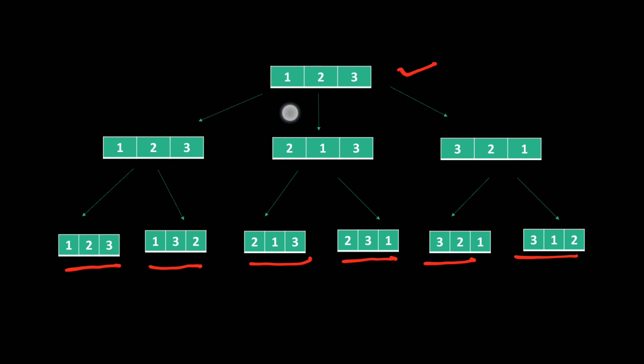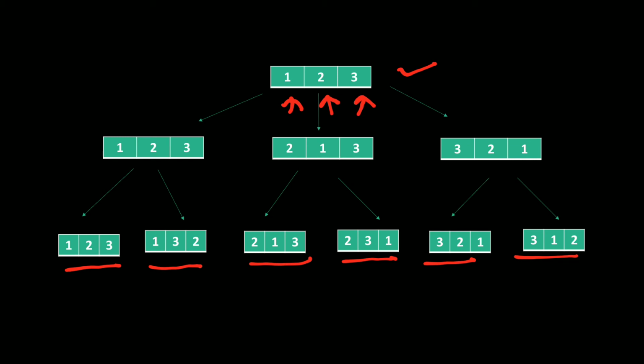So what we will do, we will take the first position element and swap it with the first, second and third position. Then we will take the second position element and swap it with second and third, because we are not taking the first position, as we have already done the first and second position swap when we were considering the first place. Now we will take the third position and swap it with the third position itself.